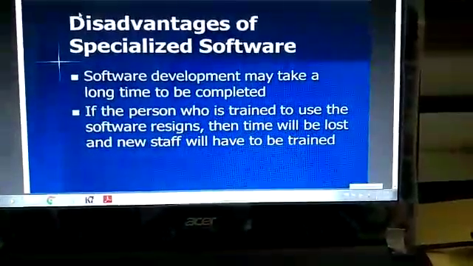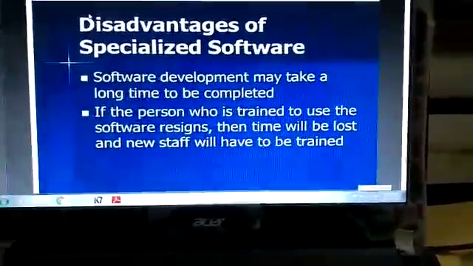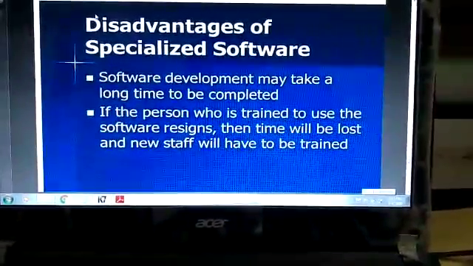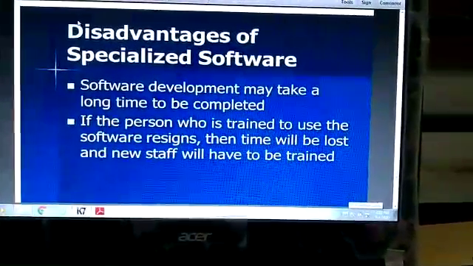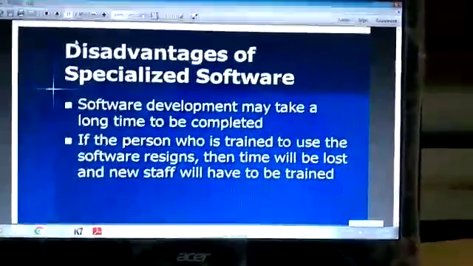So let us discuss the disadvantages of this specialized software. Software developed may take a long time to be completed. If the person who is trained to use the software resigns, then time will be lost and new staff will have to be trained.